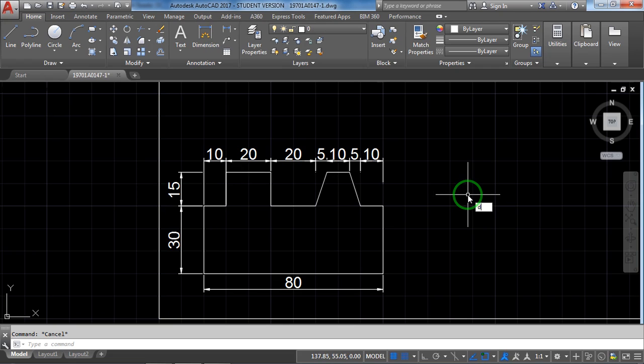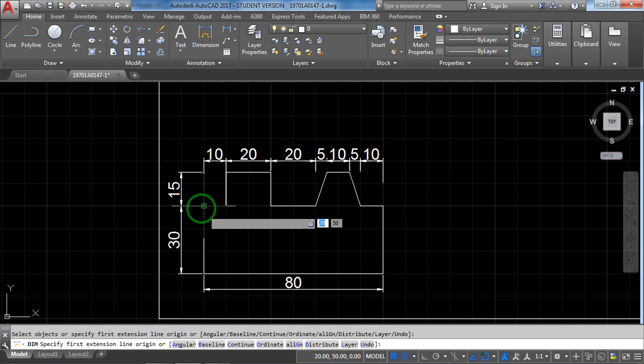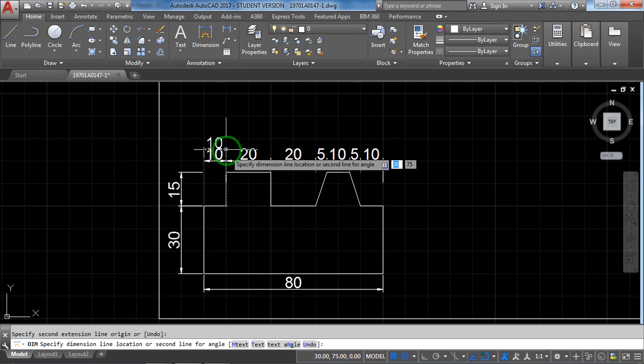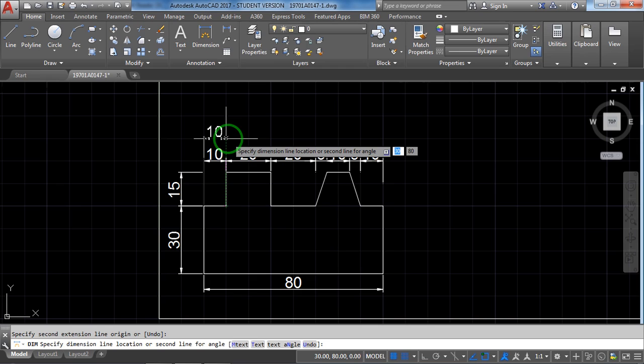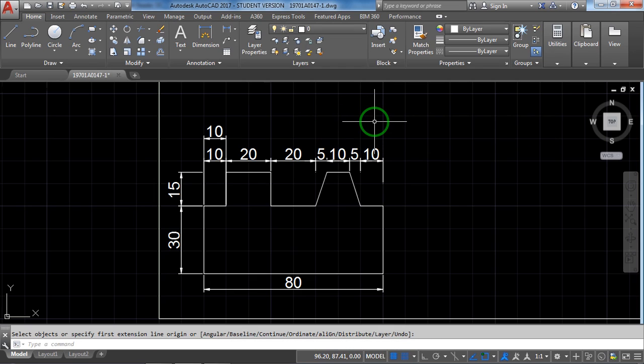See, same dimension first. See here also it's 10 again. Select the first point, select the second point, just press enter. You can see 10. Now this will be moving, right? Select a particular location where it can fit and be easy to locate. See, at this location with the help of the mouse I am dragging towards vertical and leaving it here. Now once it is done, we have to continue it, right? Press enter again. There ends the dimension command.